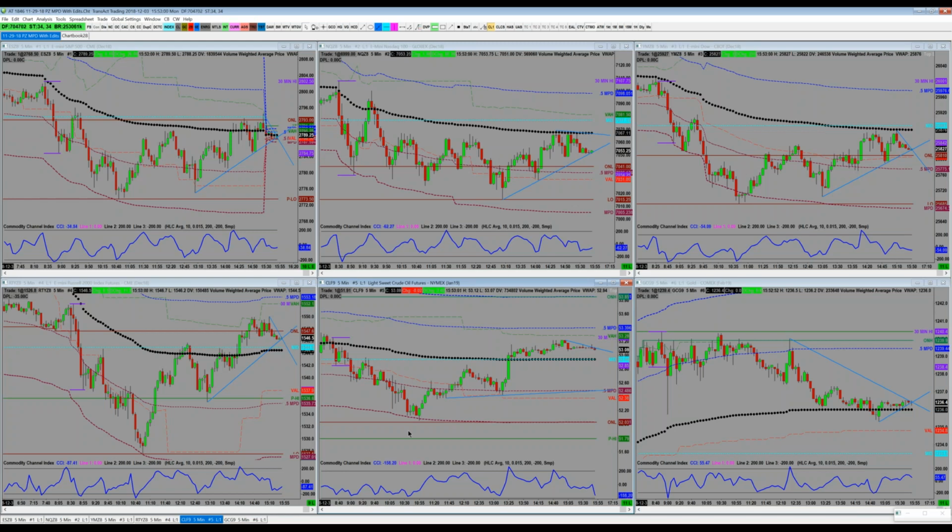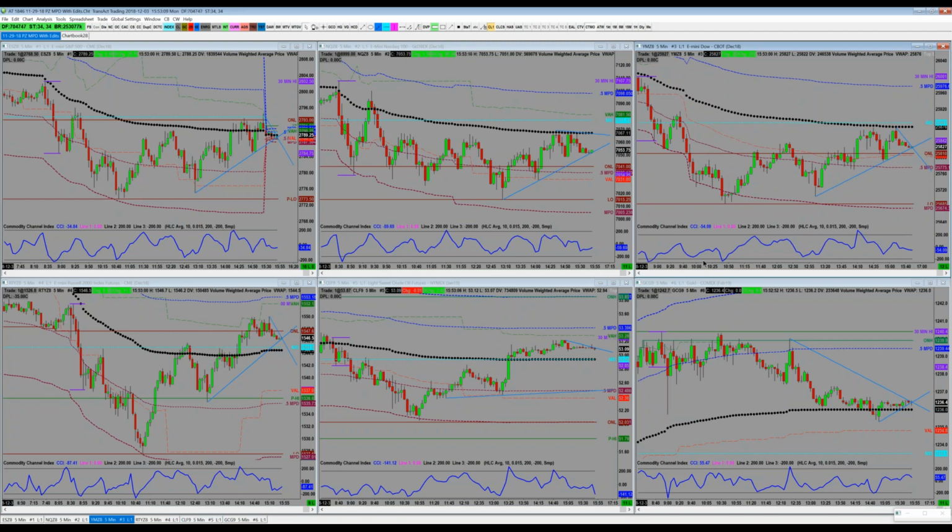If you're going to be the type of trader who waits for these things to be hit, then you just have to be patient and look at situations where this is happening across more than one market at a time. That's the beautiful part about this kind of strategy: there are no real special indicators on here. This is all range-based stuff. The only thing that's unique at all is the CCI, and it's really not unique at all.